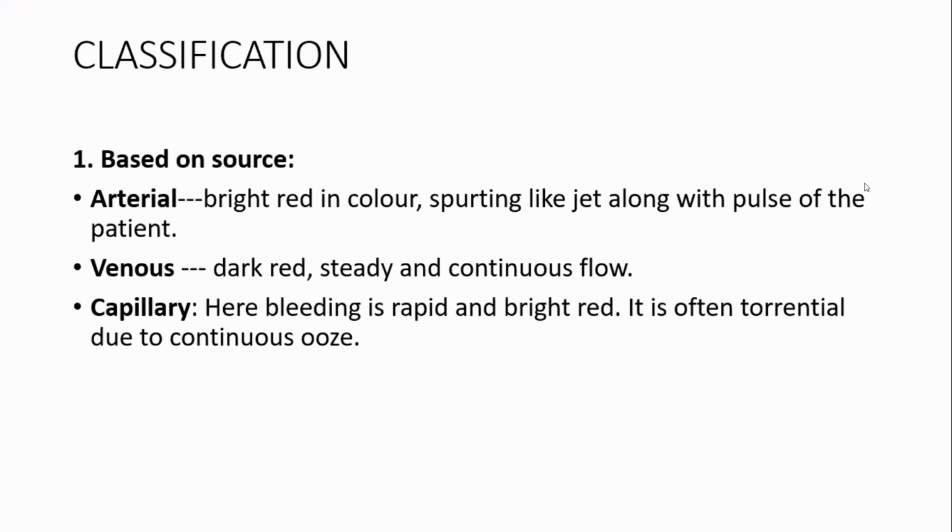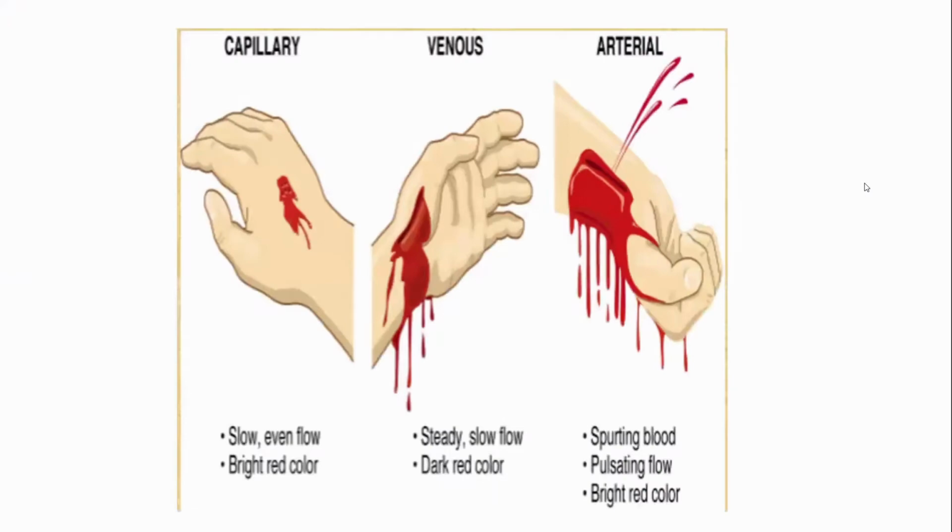And in fact, control of venous hemorrhage is more tedious work compared to that of arterial hemorrhage. And another part is the capillary, and there will be oozing of blood if the capillary is injured. Here we can see in the picture capillary, venous, and arterial parts, and this is the basic knowledge you should know. If there is bleeding in a patient, you need to differentiate whether the patient is having hemorrhage from arterial or venous or capillary part, and the treatment will be different.